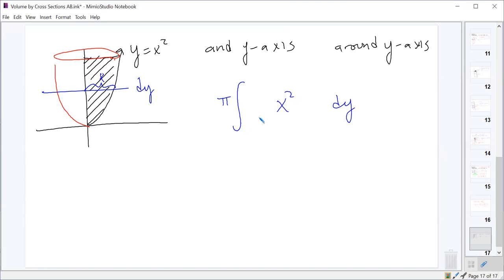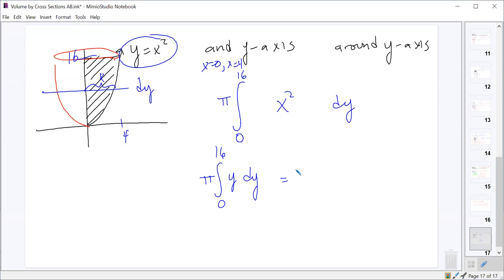Make x squared dy from 0 to, let's see, I didn't give you, let's go from x equals 0 to x equals 4. What does my upper limit need to be if I'm going from x equals 0 to x equals 4? 16. Exactly. So we're doing this in terms of y. So how do we turn x squared into a term of y? Well, we just need to look at this and replace it. So we have pi times the integral from 0 to 16 of just y dy,